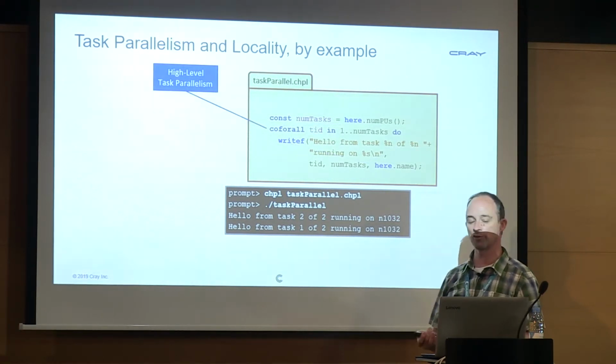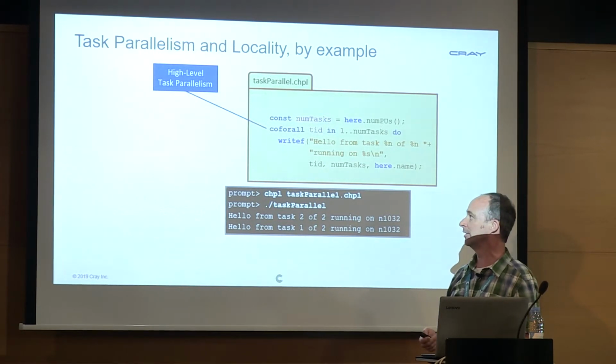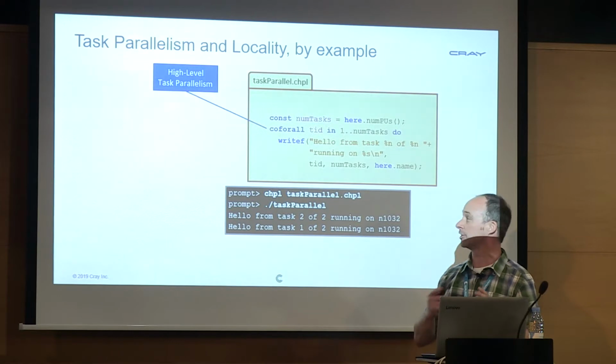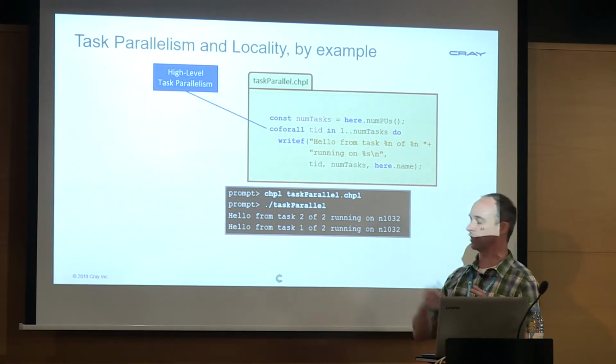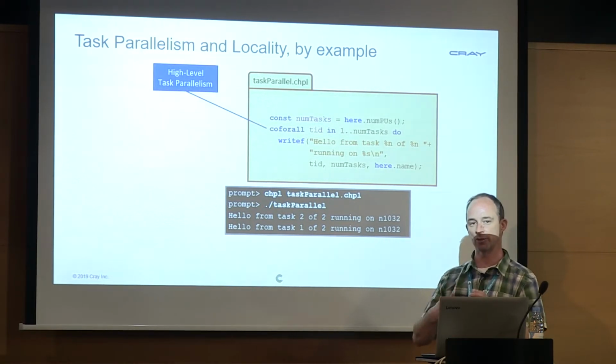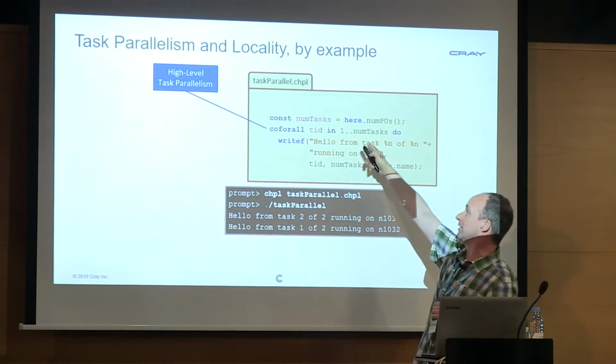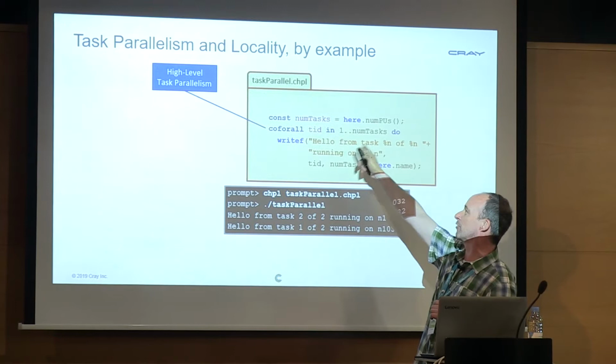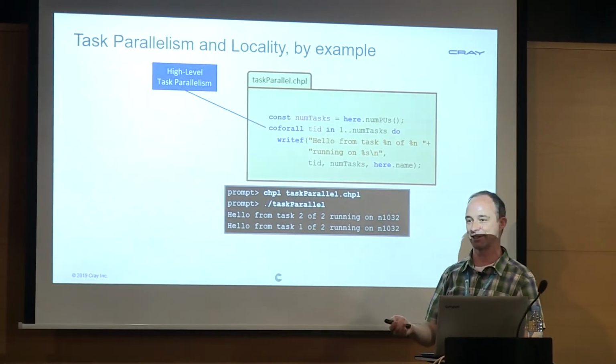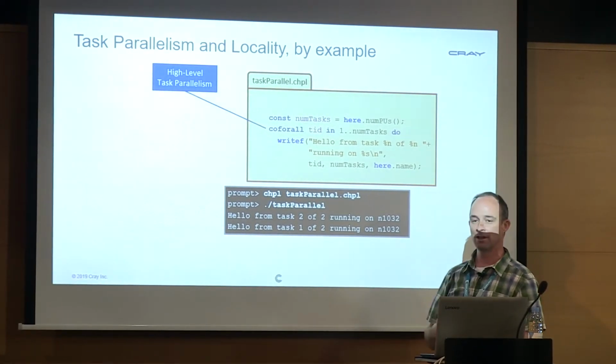Then I use this coforall loop, which is a high-level way of introducing tasks into Chapel. Like the for loop we saw before, this is basically invoking an iterator, or in this case, iterating over a range. But each iteration is going to be executed by a different task. In this case, I'm iterating from 1 to numTasks. Again, if I had 16 cores, numTasks is 16. I'll have 16 iterations of this loop, each of which will be a completely distinct task running its own copy